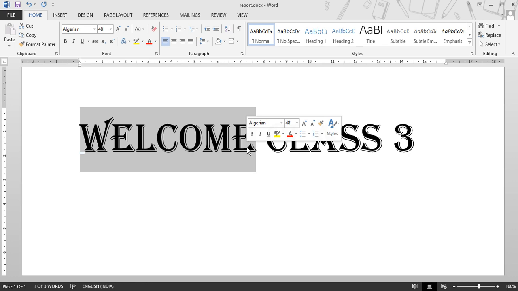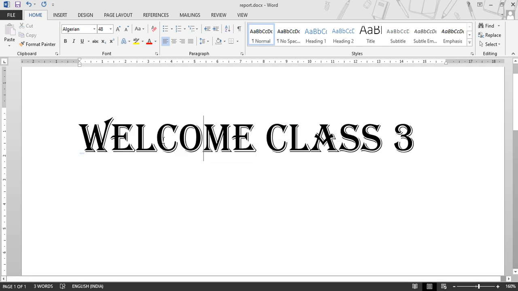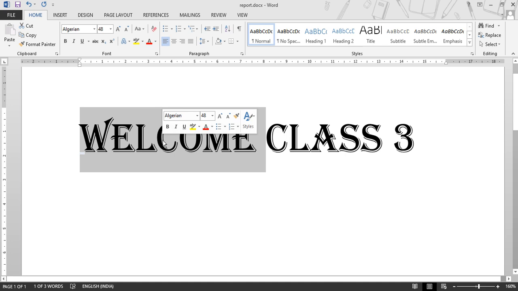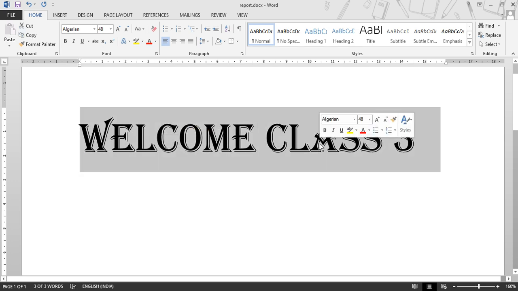You can also use a selection bar to select the text. The selection bar is a space between the two left edge of the page where the text begins. To select a word, double click the word. For example, if you want to select this word, double click on this word. If you want to select a line, click the selection bar to the left of the line. So in this way you can select multiple paragraphs, sentences or the entire document by using the mouse.